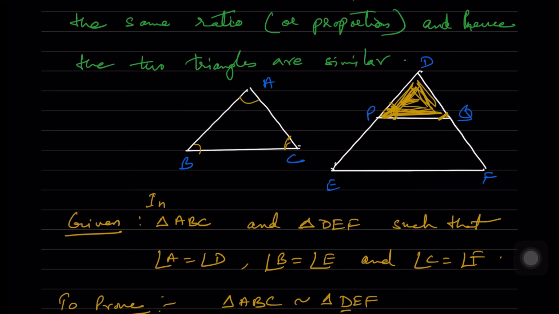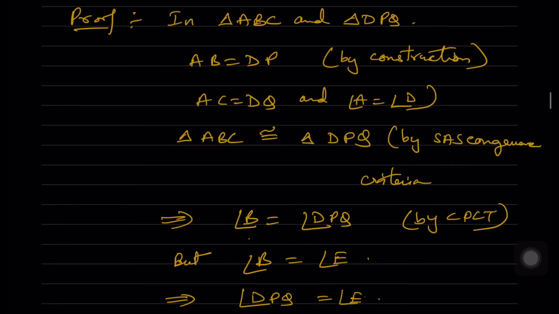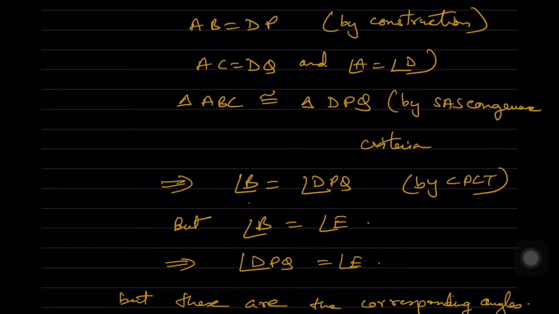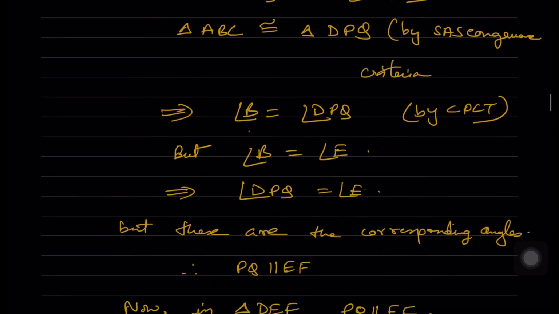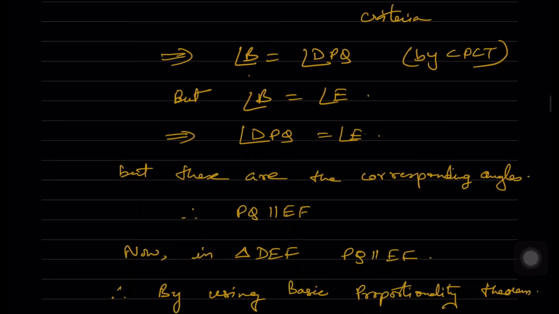You know that angle A is equal to angle D, that is given to us. So from here you can tell that angle B is equal to angle DPQ, but angle B is equal to angle E, because the corresponding angles of both the triangles are equal. Therefore DPQ is also equal to angle E, but these are corresponding angles,